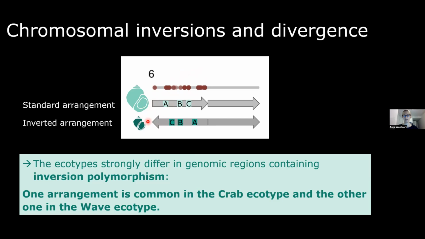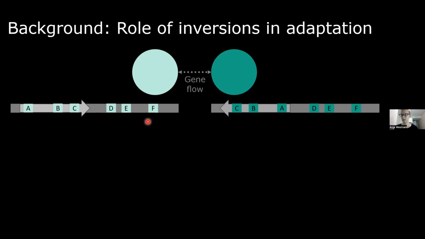And so why is it that these regions that are potentially under selection are coinciding with these chromosomal inversions? This is probably not a coincidence if we find so many examples of this. This is actually explained very well by theory that already came out quite a long time ago, but for which the empirical evidence is mostly much more recent. So to understand why we would expect inversions to contribute to local adaptation in such a system, we can look